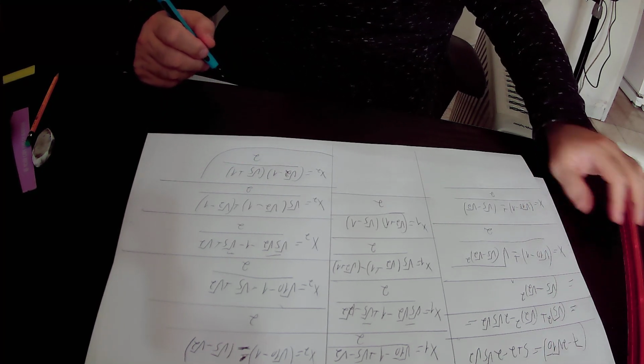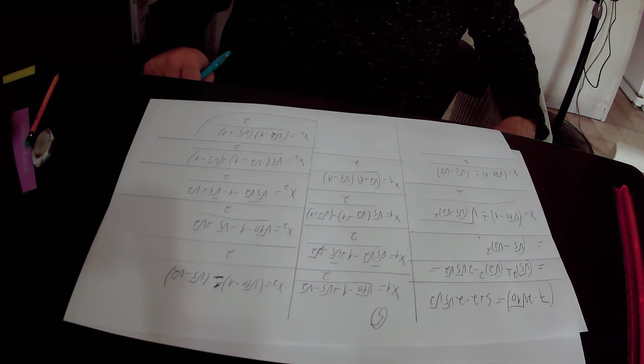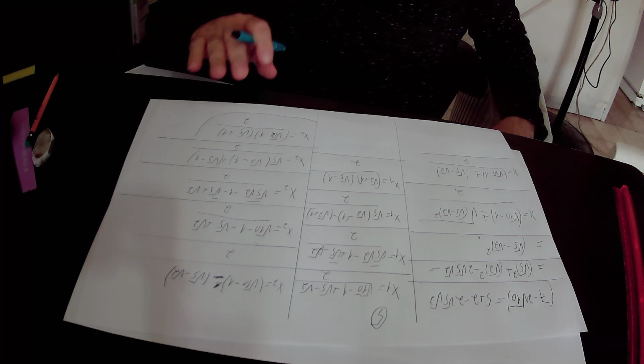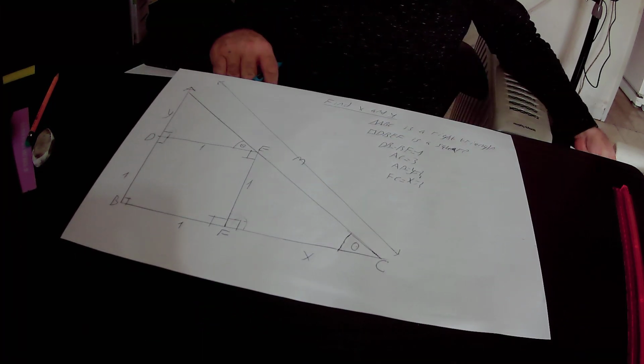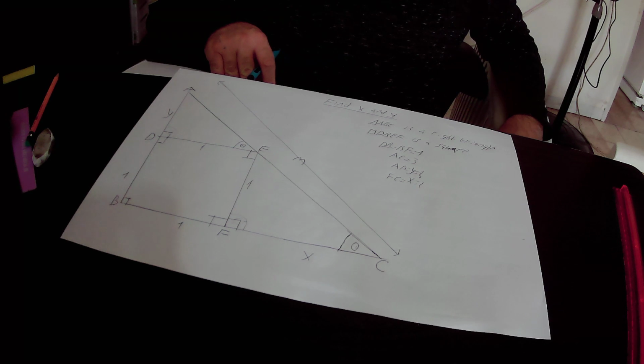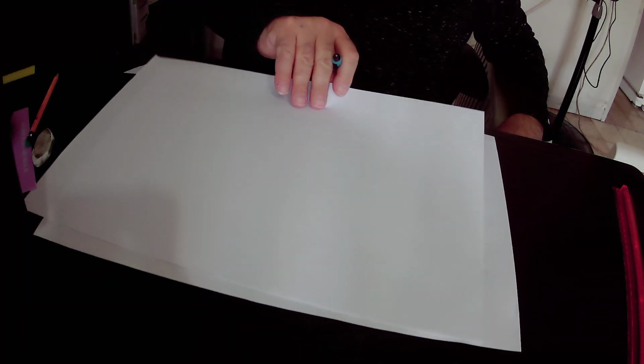In the next step, we will multiply x1 by x2, and we will get that x2 times x1 will be equal